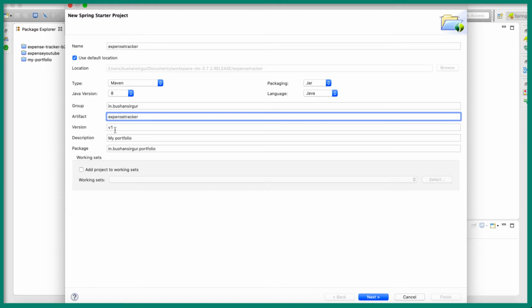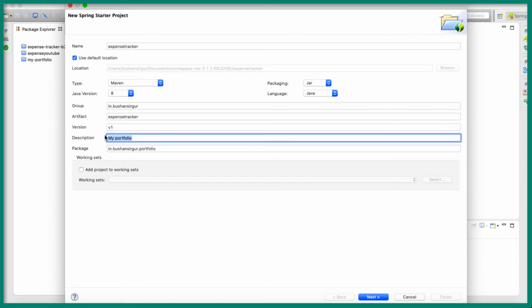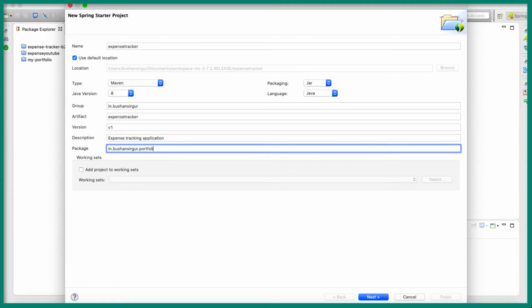I'm going to select version v1, and the description is expense tracking application, and the package I'll set to in.bhushan.expensetracker.